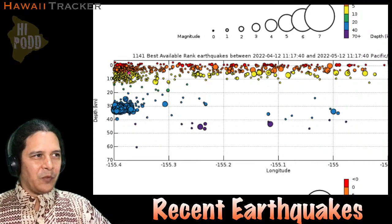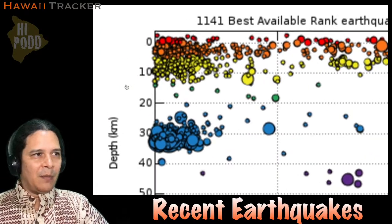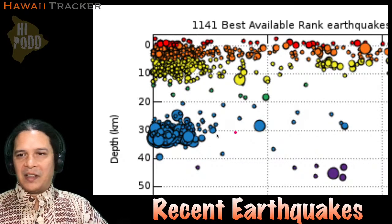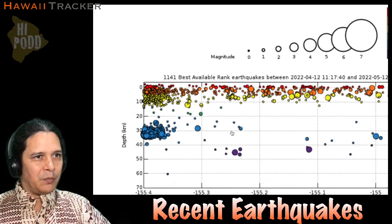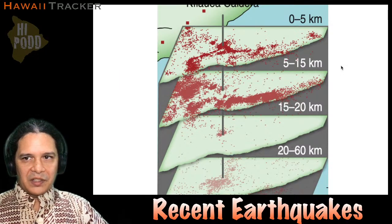fractures, right? And so it's kind of a growing question, as this swarm lasts longer and longer, exactly what kind of connection will develop through here, if any at all, or if this might be something that connects elsewhere to the volcanic systems. And so to shed a little bit of light on that, I wanted to show you guys some of these